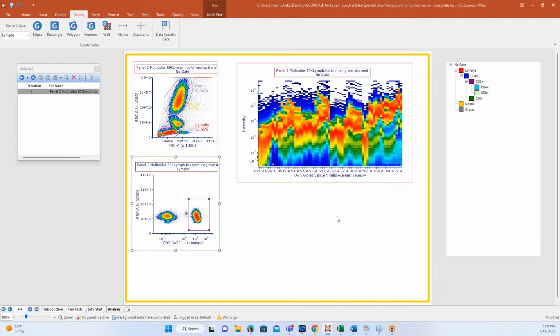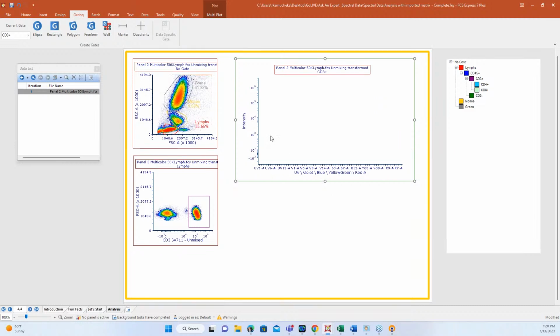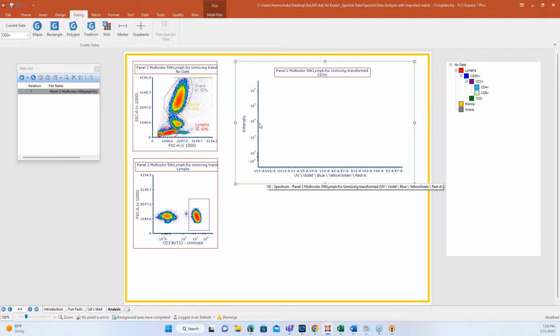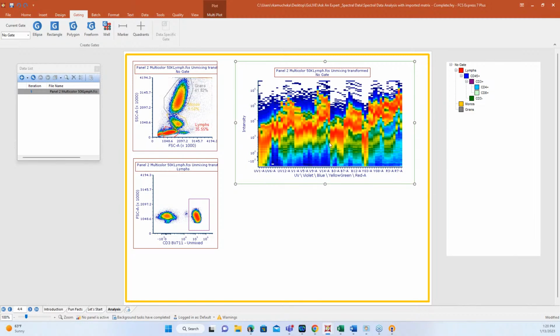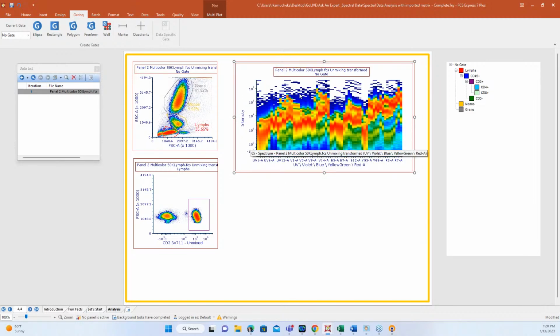So we'll do CD3 positive there. Then I can drag and drop. And let's see, what did I do here? Huh, that's unusual. But somehow I have found a way to change this. Oh, I think it's because of the way that I created that gate there, but we're going to revisit that in just a second.